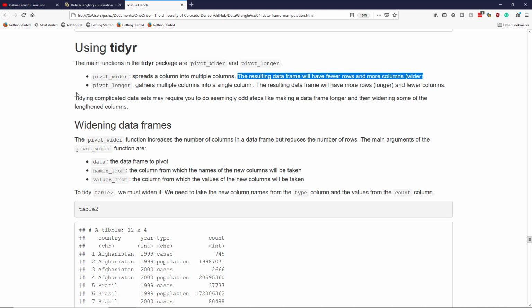it's wider. The other function is pivot_longer, which gathers multiple columns into a single column. Because of that, the resulting data frame is going to have more rows, it's going to be longer, and it's going to have fewer columns. Naturally, there are other functions in the tidyr package. I think these are the most commonly used ones, though we're also going to talk about the unite and separate functions, which are used to unite two columns into a single column, and separate, which separates a single column into